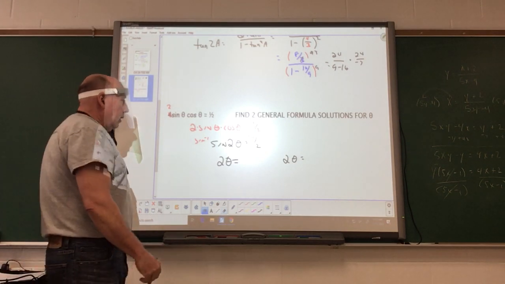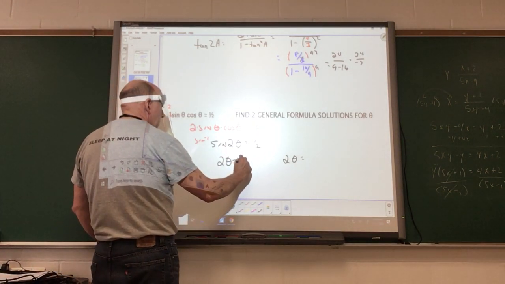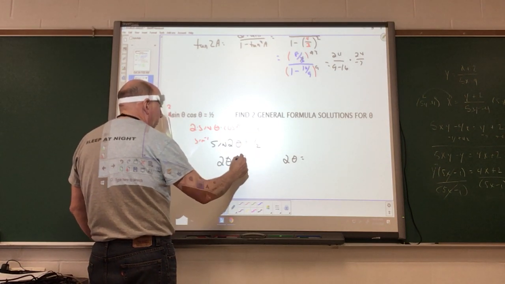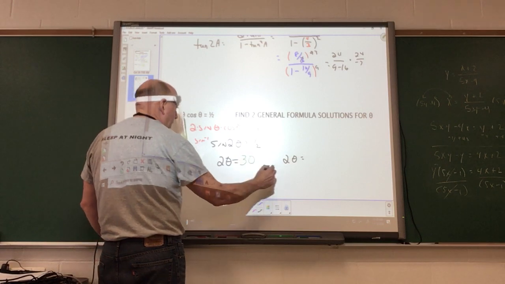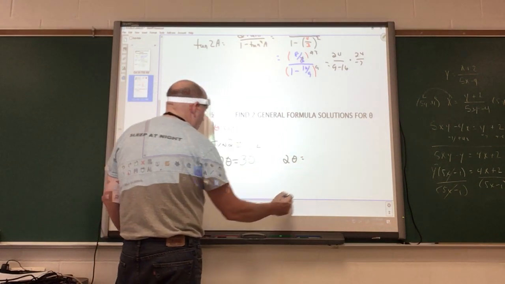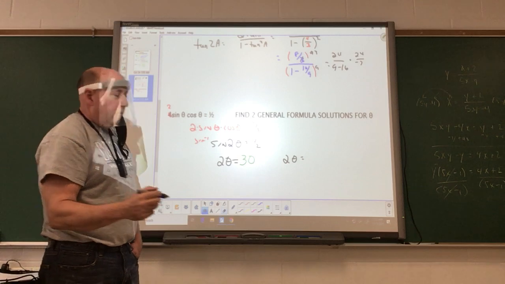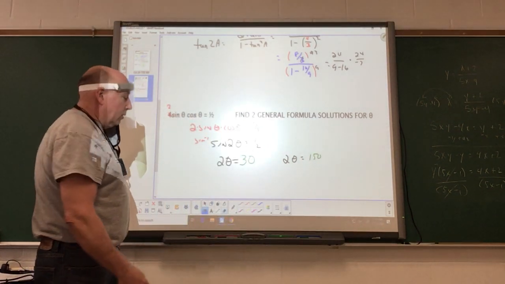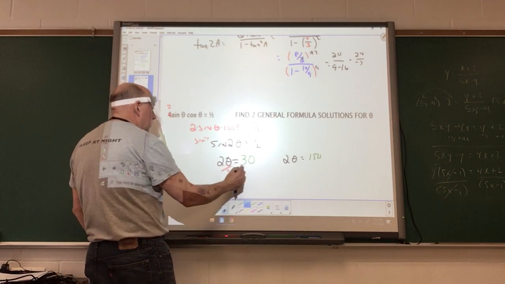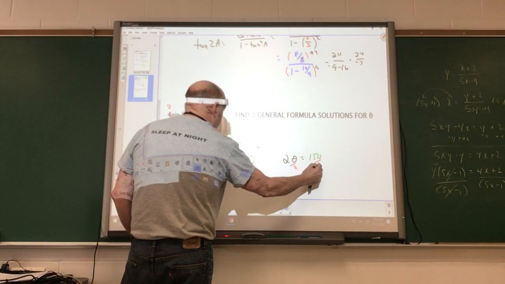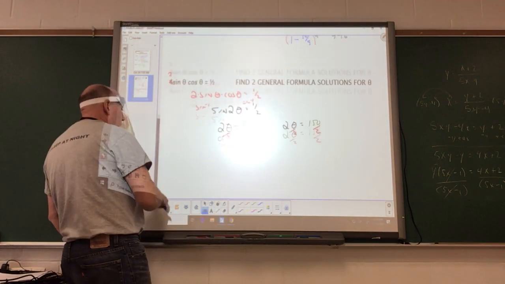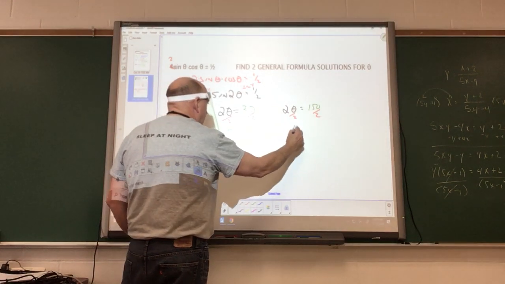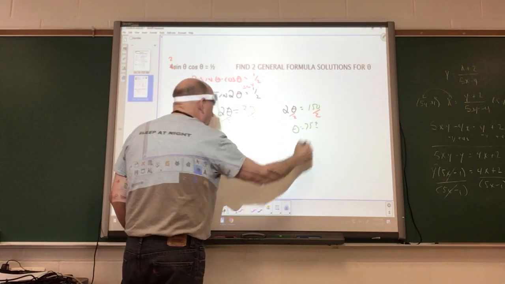What are our 2 values, Molly? Inverse sine of 1/2. Oh, 30. And 150. 150 is the supplement. Now we divide everything by 2. Then we'll get our 15, and our theta is equal to 75, plus or minus,